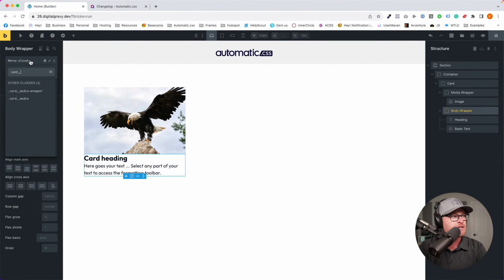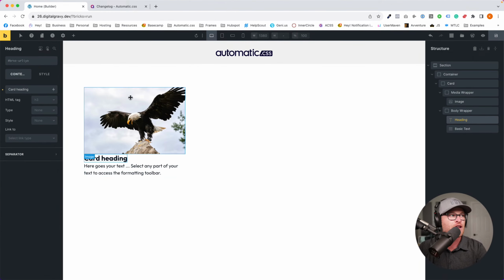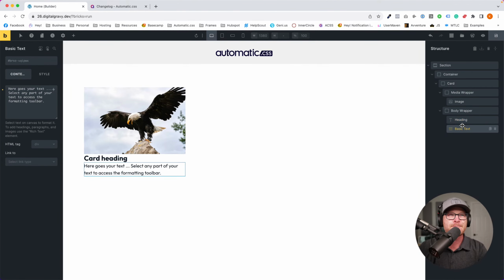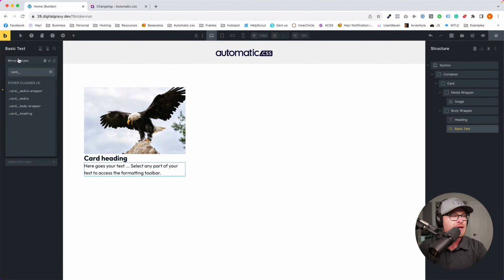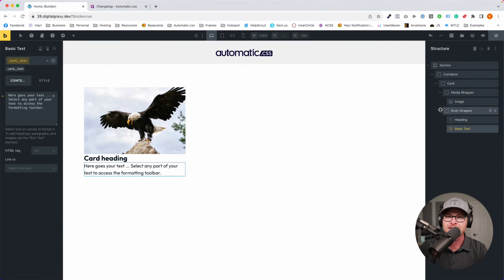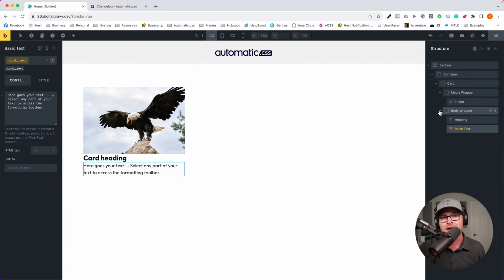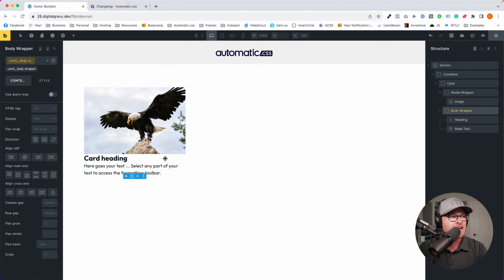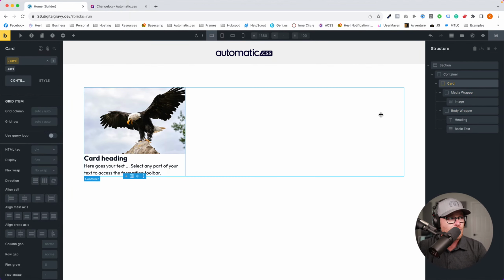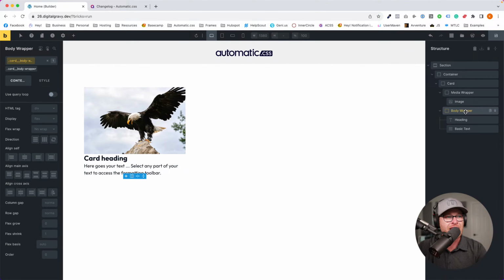By the way, if you guys want a sneak peek, this whole workflow that I'm doing right here will be completely unnecessary, probably in ACSS 2.7. I can't make any promises, but I'm thinking 2.7. This will all be unnecessary. You will be able to one-click BEM, and we've got some really cool stuff planned for that. All right, so now that I've put a class on everything, I can start styling.